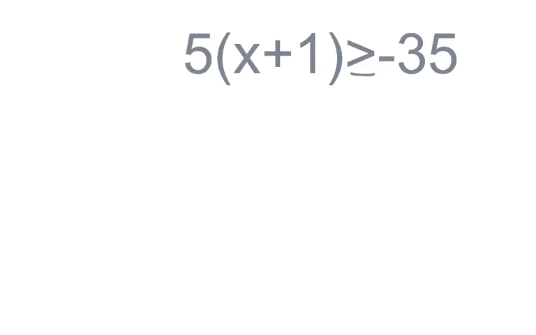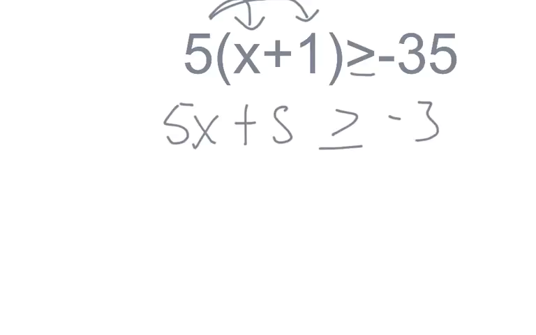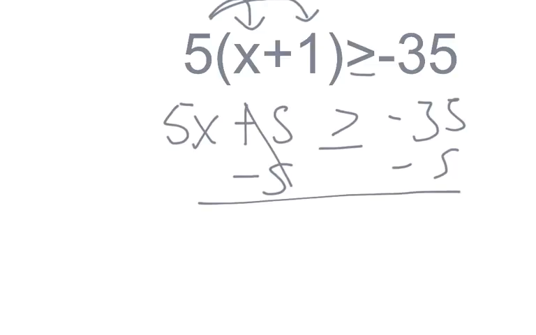So for our next equation, you would distribute 5 to x and 1, and you would get 5x plus 5 greater than or equal to negative 35. Your next step would be to subtract 5 from both sides, and then you cancel out these. Then you would get negative 40 greater than or equal to